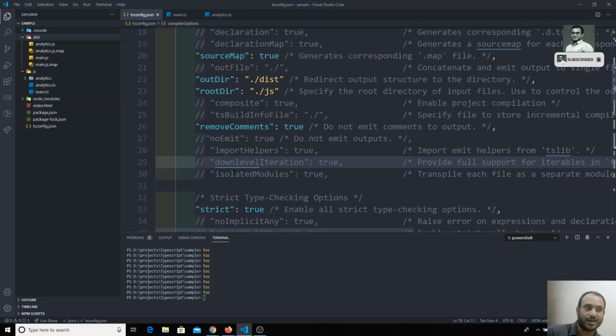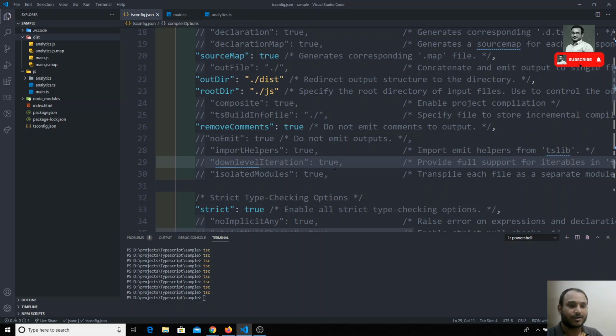If your code has so many for loops and we are not getting the expected outputs, you can enable this one so that it works. But the downside is that extra code will be generated, which will degrade your performance. Most of the time you will not need this one.